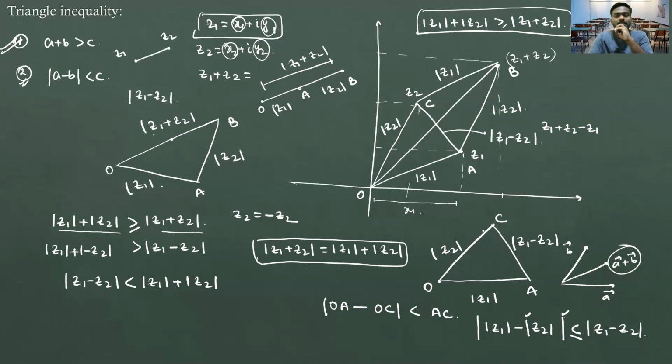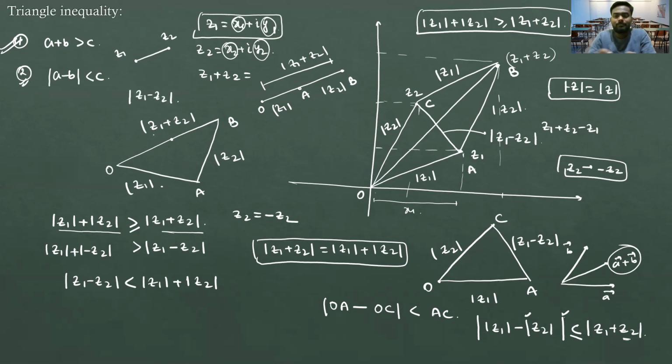Okay, now one more thing is there. You see here we are getting modulus of z1 plus z2, which is less than or equal to modulus of z1 plus modulus of z2, and here we are getting modulus of z1 minus z2, which is basically greater than or equal to modulus of z1 minus modulus of z2, right? Now you see, if I replace this z2 by minus z2, this will become positive, and there will be no difference in that, right? You already know this. If I take modulus z, modulus of minus z is basically modulus of z. Both are same, right?